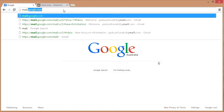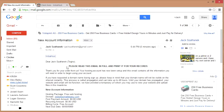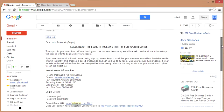Go to mail.google.com because my email is with Gmail. Then you'll see a new email here from IMBA host that says new account information, and it's highly recommended that you read and print this email for your records. Keep it safe and saved because it contains important information like usernames and passwords. So if we scroll down here, we will see our login details, our username and our password, and a login URL to go to our control panel. So if we click that,